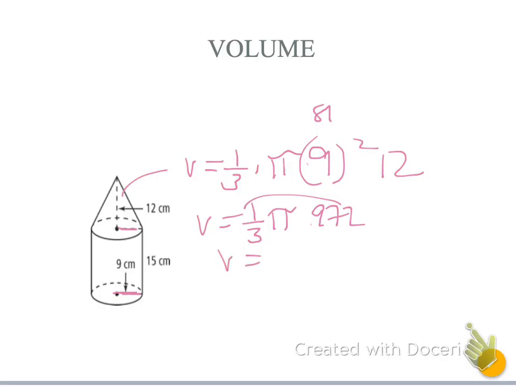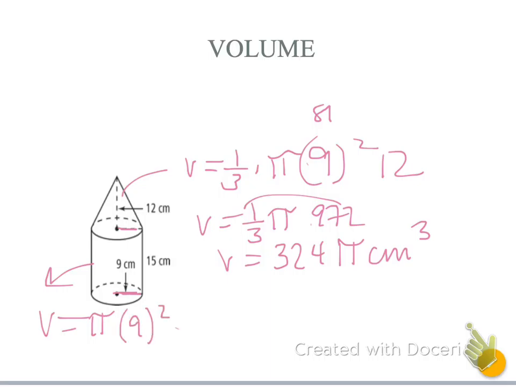So the volume of that cone is 324 pi centimeters cubed. Now we need to do the cylinder. So V equals pi times your radius 9 squared times your height 15. So 81 times 15. We got 1,215 centimeters cubed. So the total, if I add them together, so 324 plus 1,215 is